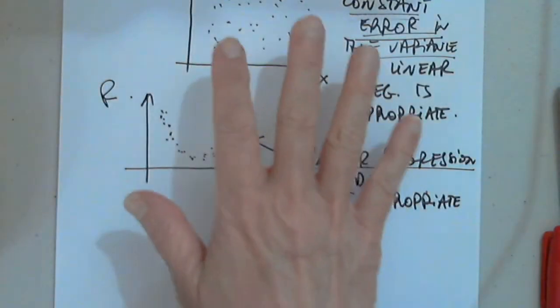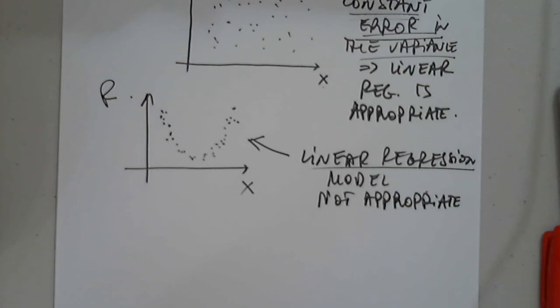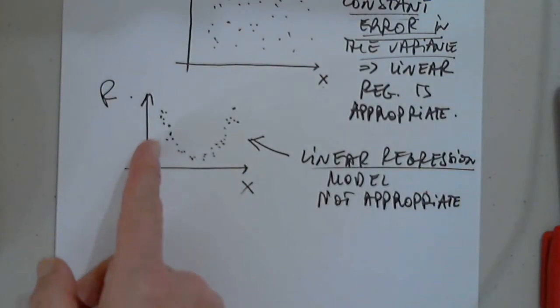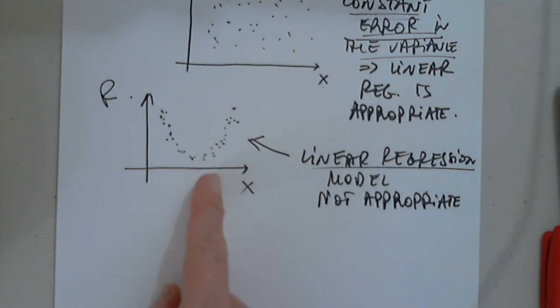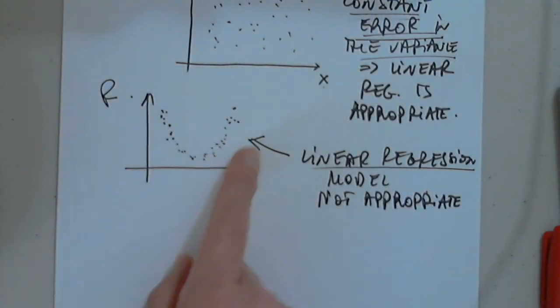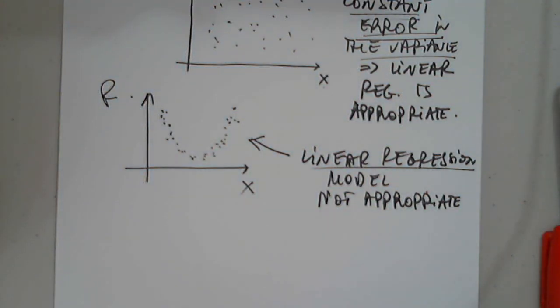The spread of the residuals has to be the same for all values of the explanatory variable. Here, they're not the same. For lower values are higher, for middle values are lower, for higher values again are higher. There is a pattern. The linear regression model is not appropriate. That's why we look at the residual plot. That's pretty much all in chapter 4 that